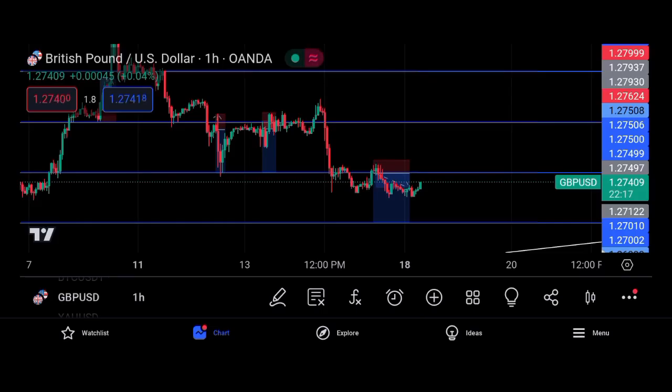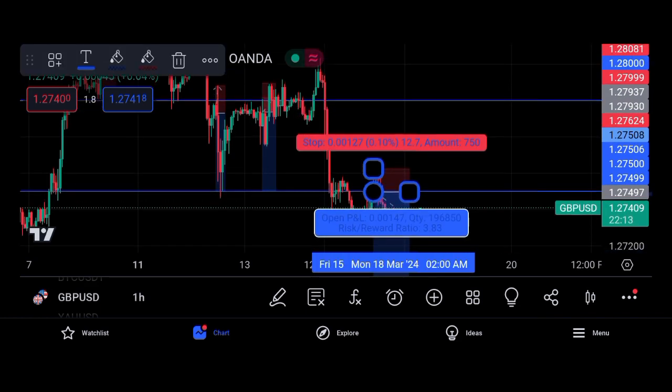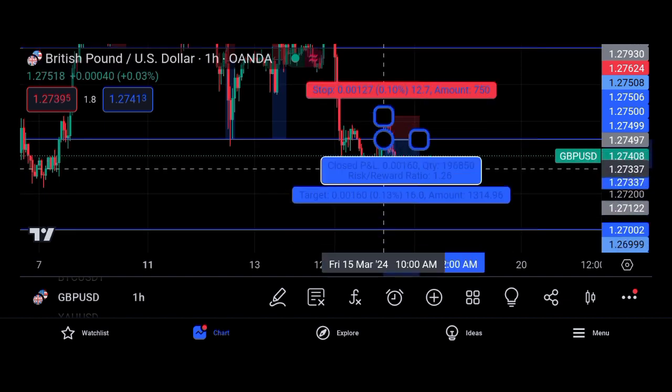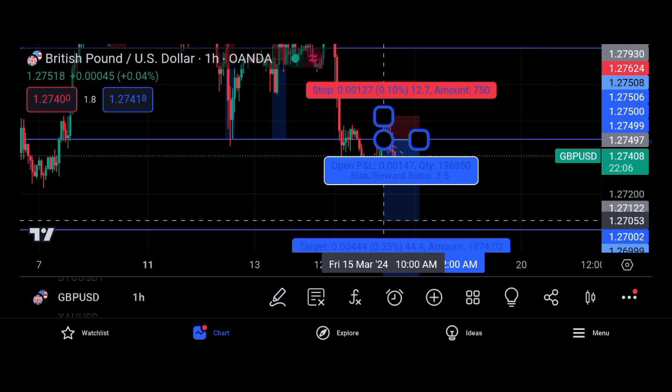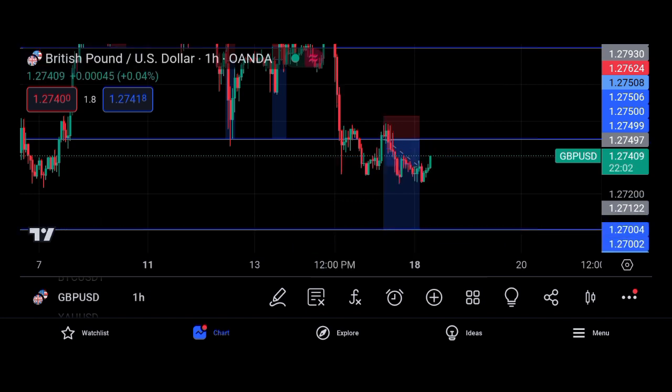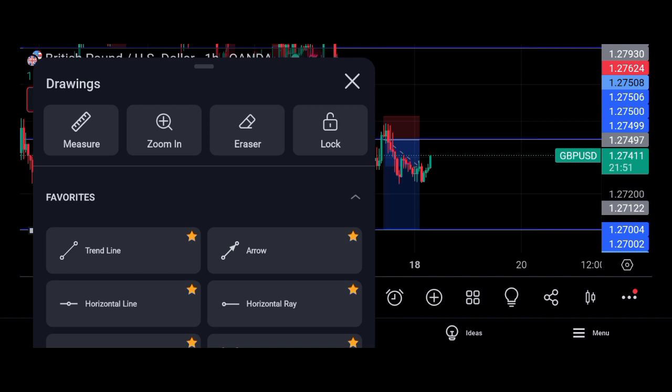On GBPUSD, this is on the 1 hour time frame. So guys, this trade was the trade I caught last week Friday, but price came all the way here. This was when I got out somewhere here, because it was Friday and the market was going to close. Like I said, on GBPUSD my analysis is always based on psychological levels, and it has helped me a lot in simplifying things and knowing what I'm looking for in the market.